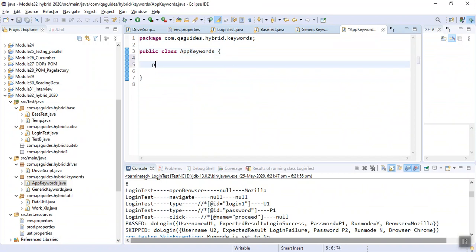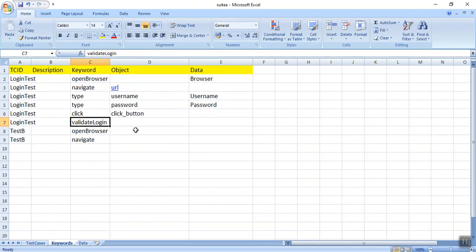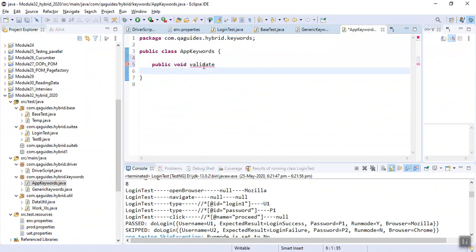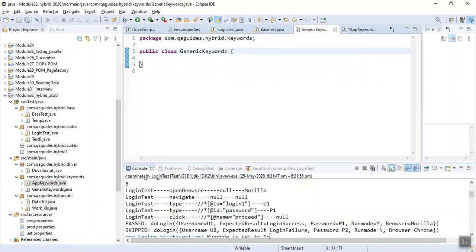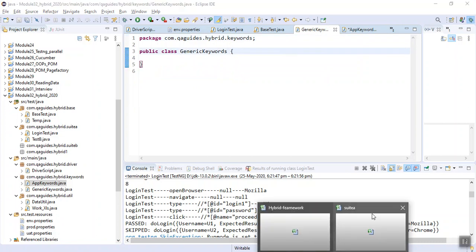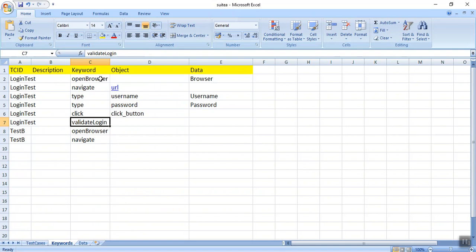We can have public void validate login. For every keyword we will have a function because everything is performing something. Same way for generic also we will have a keyword like open browser.